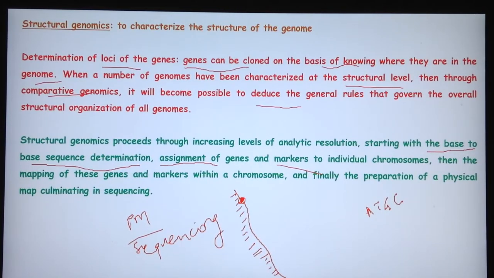So we need to have some gene, or we need to place some marker here at this position. When we use this marker, the marker basically gives us information about this region of the chromosome. So you can assume markers are like signboards present on the DNA, which will guide us to navigate the DNA.